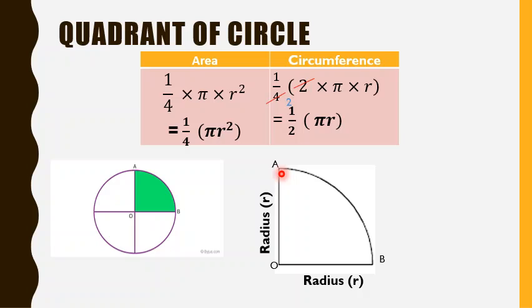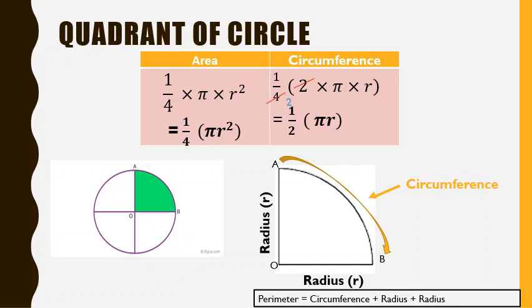Again, similar to the semicircle, in order for us to find the perimeter of a quadrant, it's not the same. Perimeter and circumference are not the same. Perimeter is looking for the sum of all sides. Circumference is only focusing on the curved part here. So again, for perimeter, you need to find the circumference of the quadrant using this formula. Then you have to add one radius here and another radius here. To get the formula, perimeter equals circumference plus radius plus